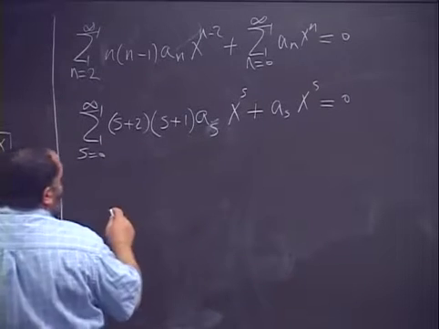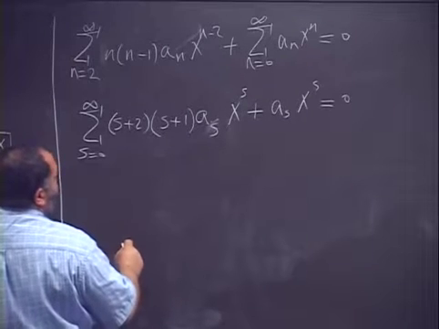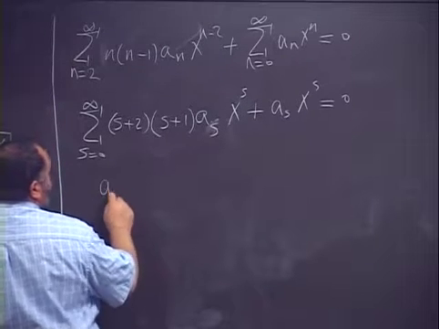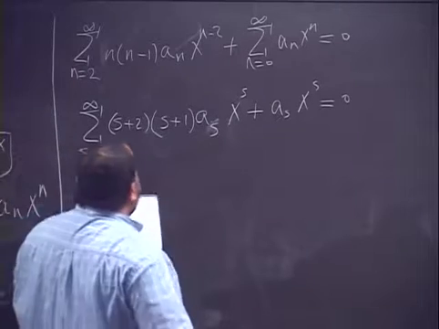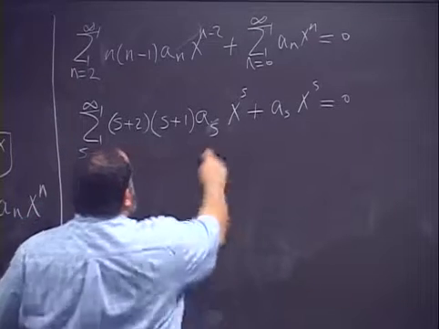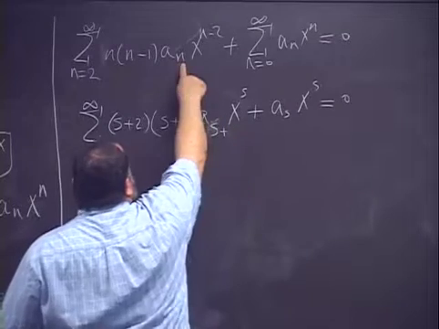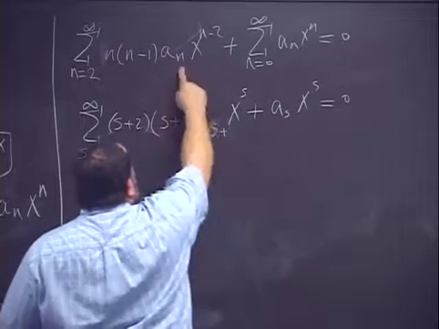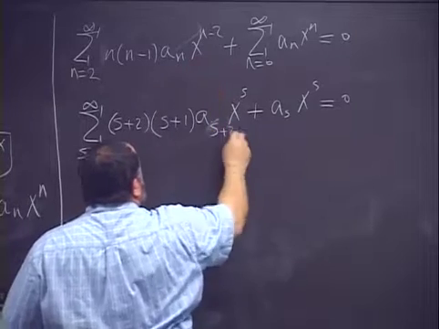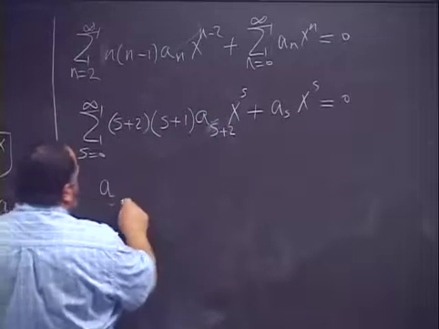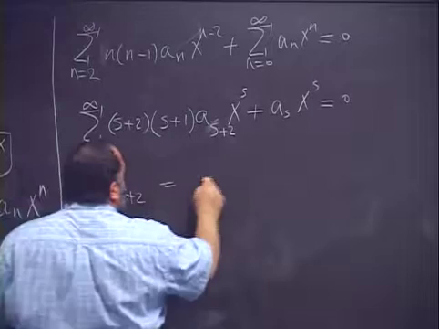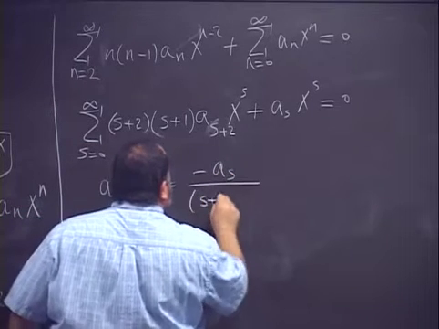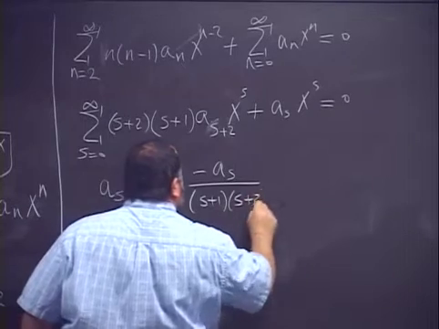This will lead to, because n minus 2 equal to S, so n is S plus 2: a of S plus 2 equal to minus aS divided by S plus 1 multiplied by S plus 2,